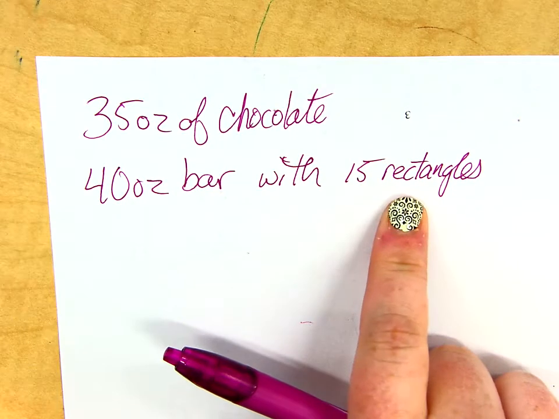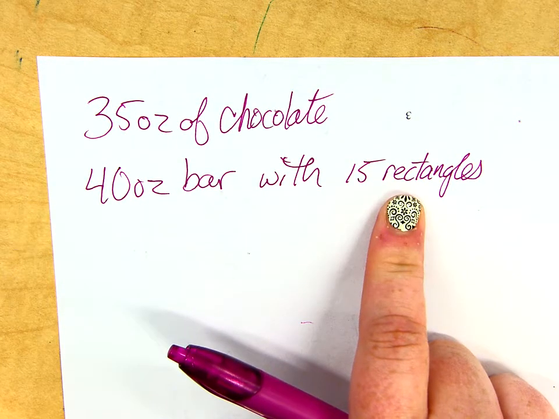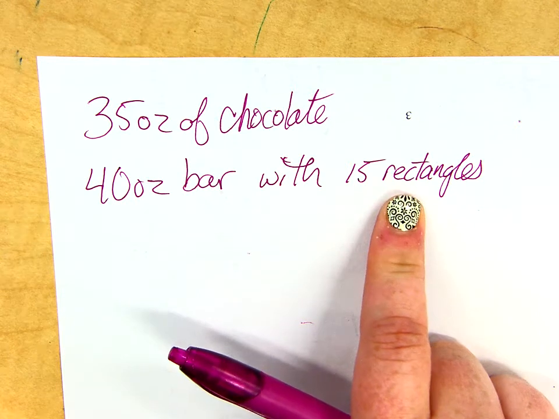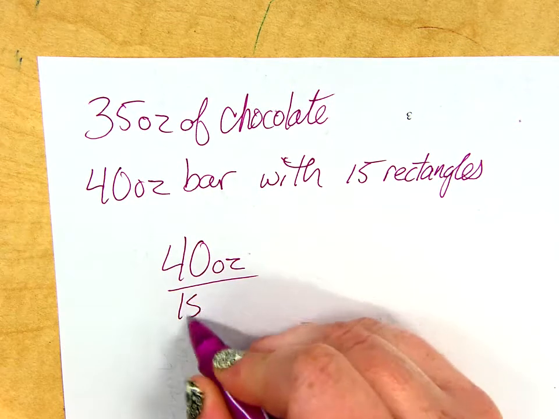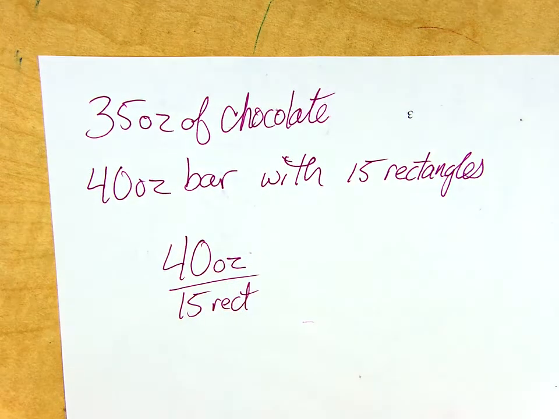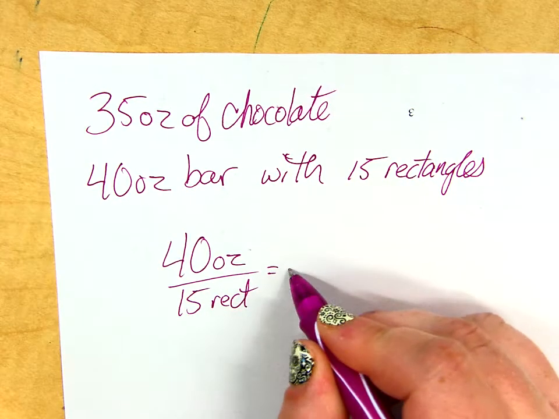I usually start with what I have. So she's got 40 ounces and 15 rectangles. So your first fraction, you're just going to put 40 ounces over 15 rectangles. And it actually doesn't matter which one's on top and which one's on bottom, as long as when you set it equal to your next fraction, you match it up. That's all you got to do. So on the other side,